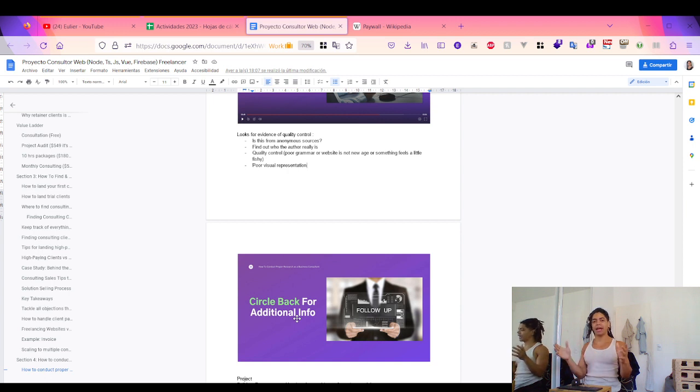But again, the quick recap of this section on how to conduct proper research and gather quality data is that data is something powerful that can help you to inform, to persuade, and to reinforce your point of view, but it can also be misleading.